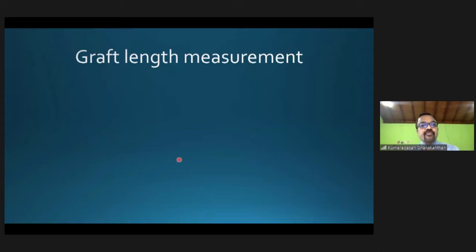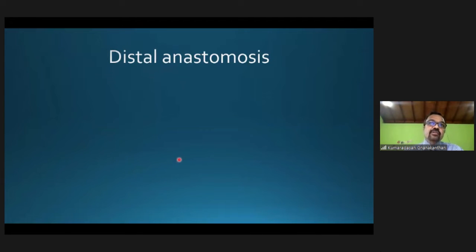And then the graft length measurement. Usually we are very scared about whether the graft is going to be short. Most of the time the graft won't be short. It is lengthier than what we expect. So for the graft to anastomose, to assess the size and the length of the anastomosis, we have to stretch the graft so that the corrugations are under stretch, and then cut it a little shorter on the greater curvature side. It's lengthier than the lesser curvature side, so it has to be slightly oblique, and